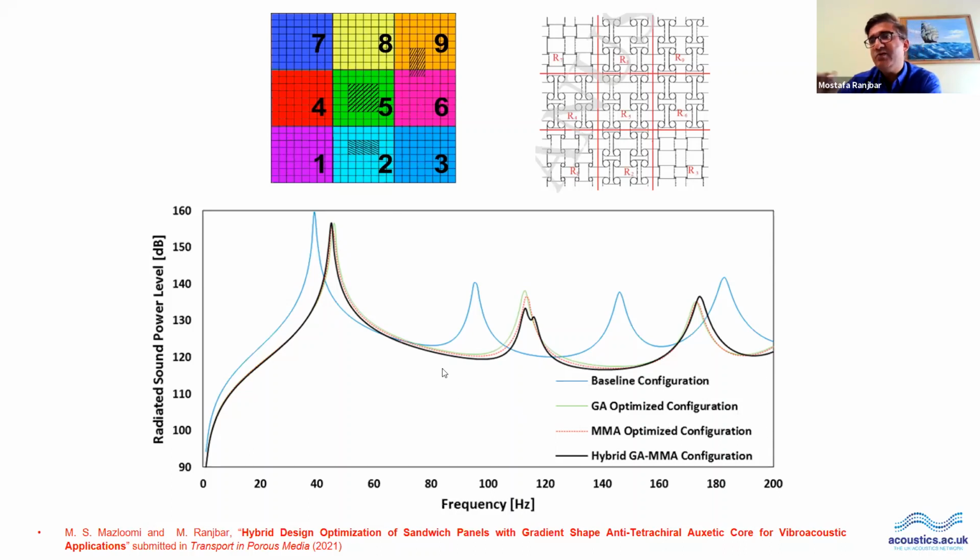Also, we compared with the method of moving asymptote. Genetic optimization is a global optimization technique. Method of moving asymptote is a local optimization technique, so their natures are different. Method of moving asymptote is looking downward after making an approximation from the objective function and finding the minimum by gradient search. But the genetic algorithm is different.